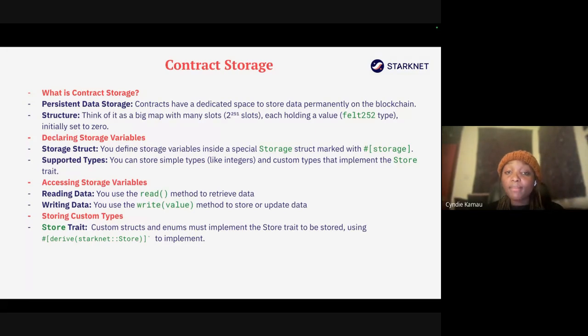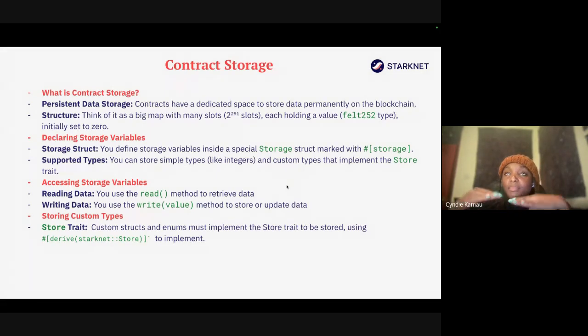So remember we were talking about storage. If I have a contract, where do I store whatever I want to store, and where is the contract also stored? In the blockchain they're given a dedicated space where data can be stored, which is contract storage.